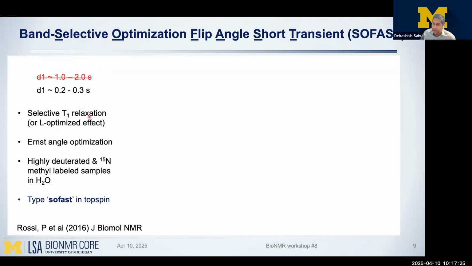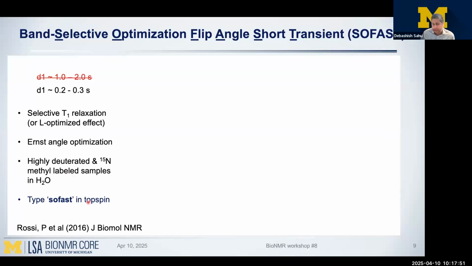Again, the idea here is to do selective T1 relaxation and Ernst angle optimization, and this is mainly used for highly deuterated as well as N15 labeled methyl samples in water. And these experiments are from this particular paper from Kupce's lab, and they were gracious enough to give us these pulse programs, and we have them implemented